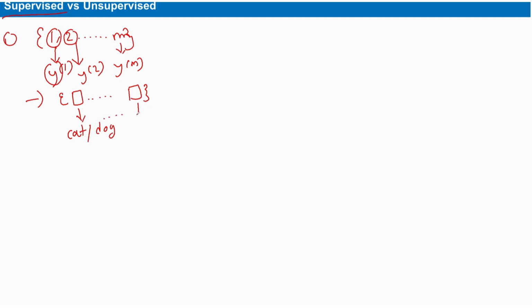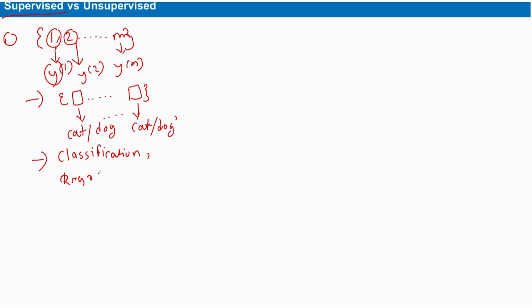In the same way, whatever the last example is, whatever the last image you have, it has the label cat or dog. Okay, so simply this is supervised machine learning, where for each example you have the label. So what are all the examples of supervised machine learning? As I said, classification is one example.